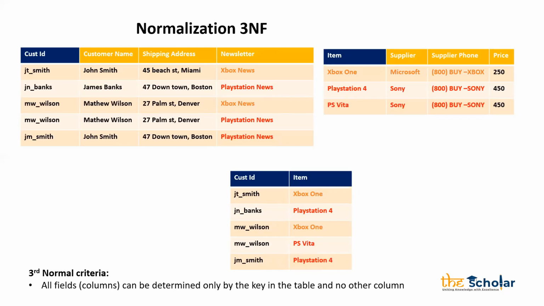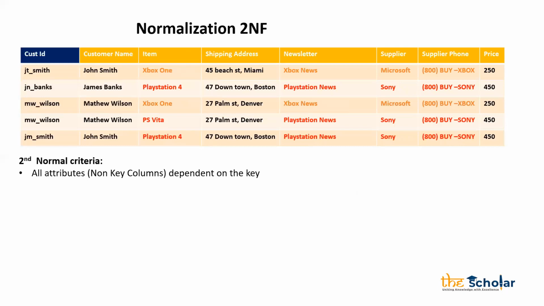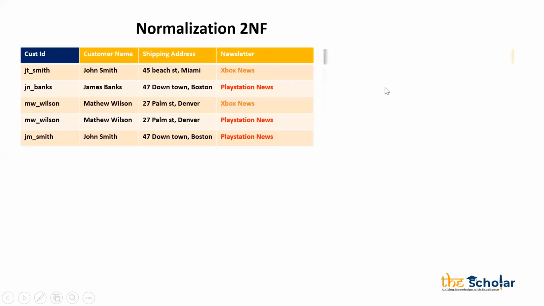Now here you can see, if you see the difference from second normal form, all the non-key attributes are dependent on the key, right? So all the attributes should be dependent on the key here. Like these attributes are not dependent on the key. These attributes are dependent on the item also. Like from the item also, I am able to get the details. Almost a thin line of a difference.